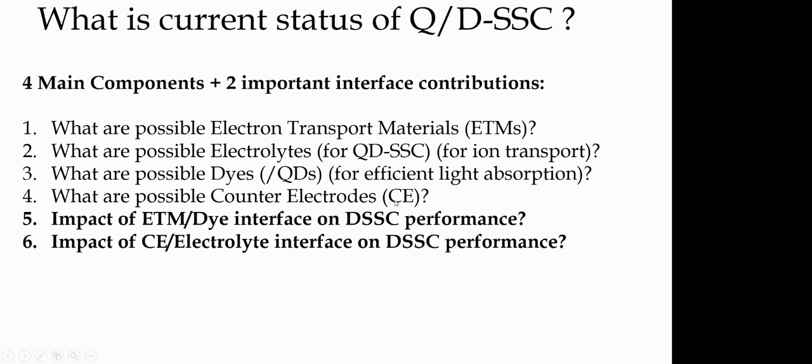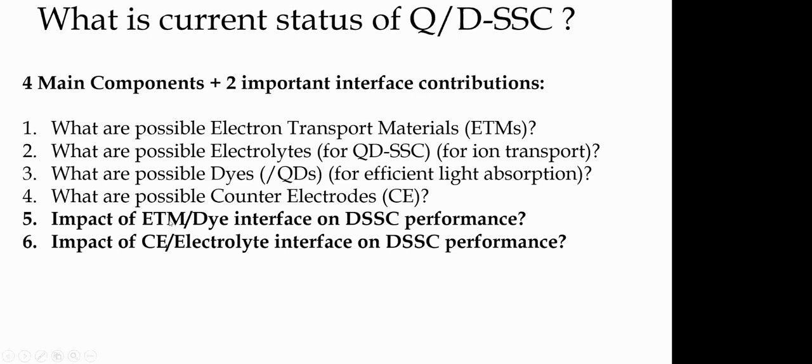You don't want to use platinum as a counter electrode because we are talking about reducing the cost, and if you use platinum, which is very costly, then again the cost will not be very favorable. So people are working with alternative counter electrodes that can compete with or replace platinum. People have reported better performance with respect to platinum, including using graphene as one of the electrodes.